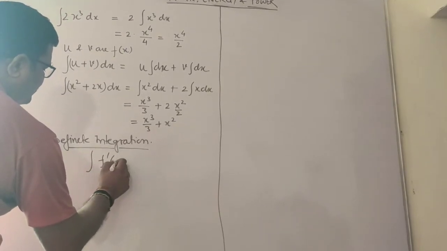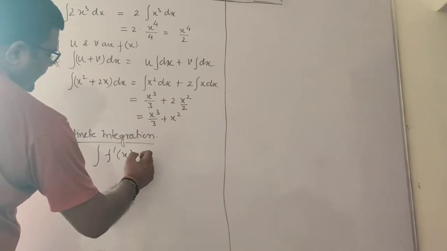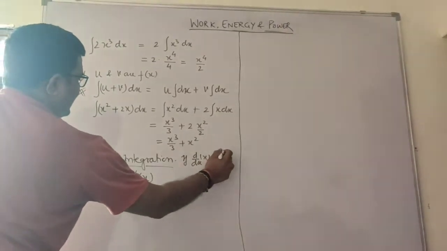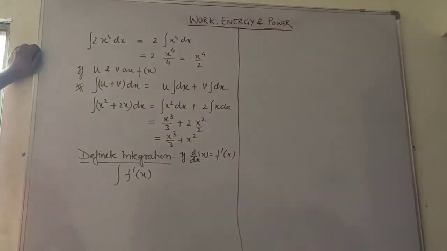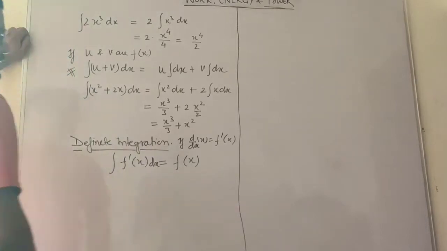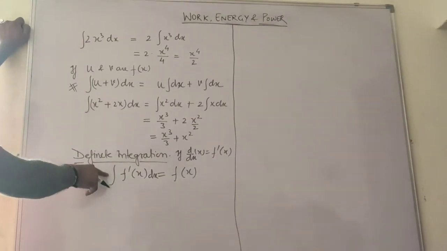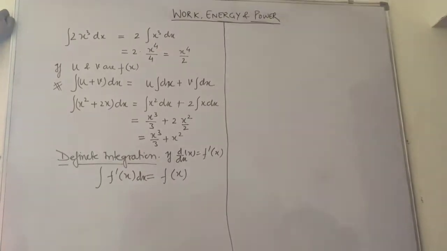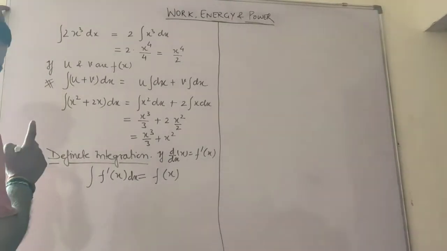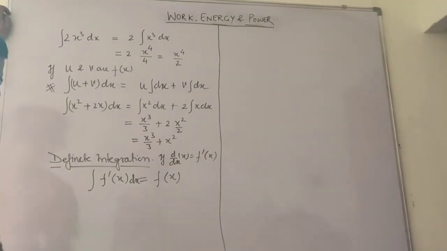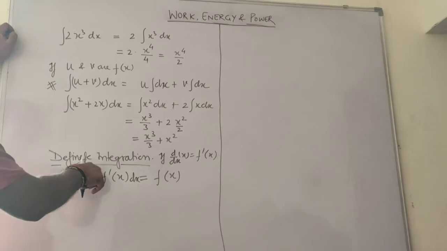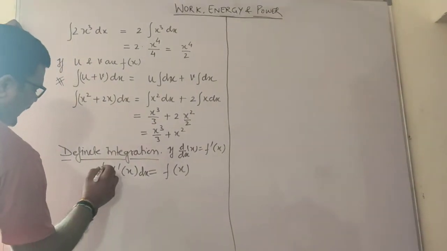So in definite integration, see, if d by dx of f(x) is given as f dash x, then integration of f dash x will give f(x). This is possible only when, for integration, there is a symbol and an operator also. If you are using only the symbol without the operator, that will be obsolete. Now, in definite integration, we are putting some limits on the integration. I have told you this is the lower limit and this is the upper limit. So I am taking lower as a and upper as b.